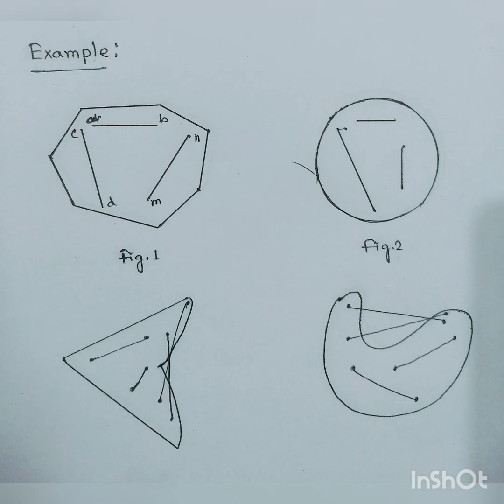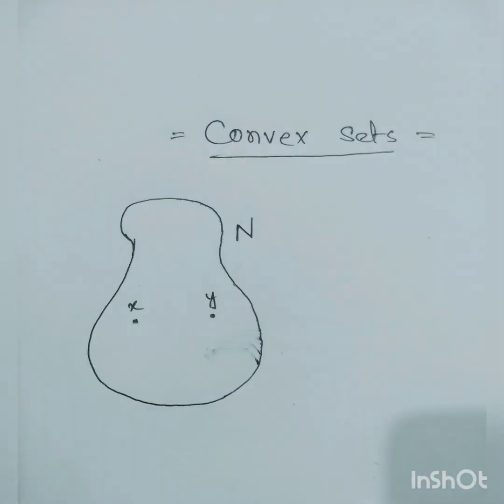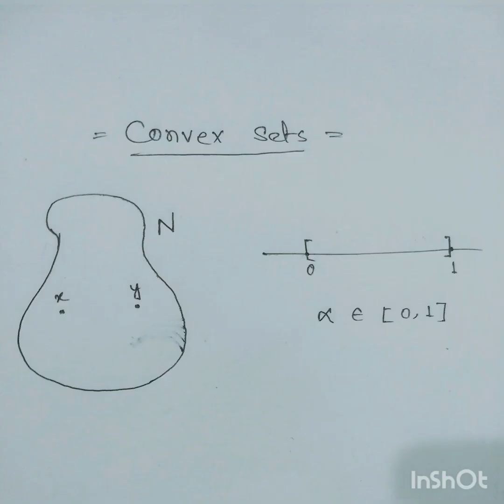Let's learn the convex set geometrically. So we have a linear space and we take 2 points from that linear space, and we have scalars from the interval 0 to 1, that is, a closed interval from 0 to 1. Now we take two elements from the linear space, X and Y, and we have to pick a scalar from that interval 0 to 1, and we represent the scalar by alpha. That alpha belongs to the 0 to 1 interval.